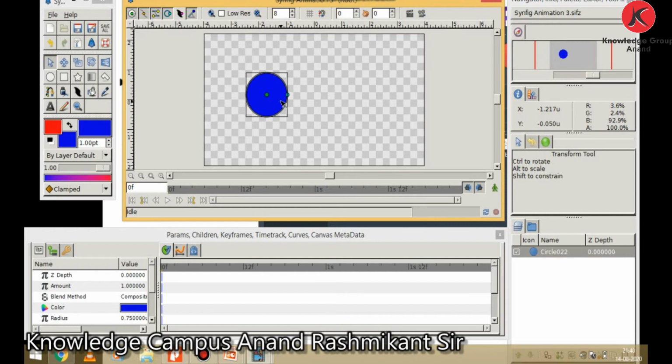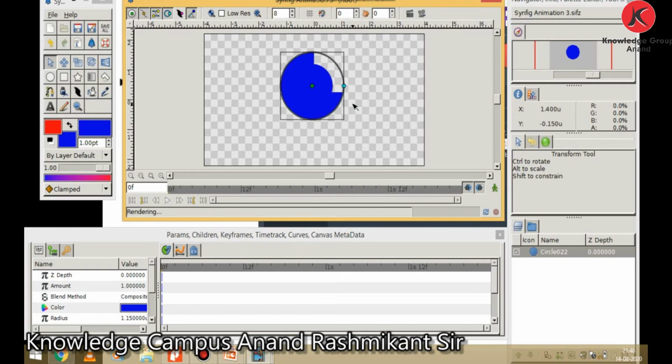You may be wondering what a duck is. A duck is a handle that is used to control some parameters of a layer. For example, a circle will have two ducks, one to control the position of its center and the second to control its radius. This one is to change the position, and this one is for the radius. If you want to change its radius, drag it, and then you can see the change.